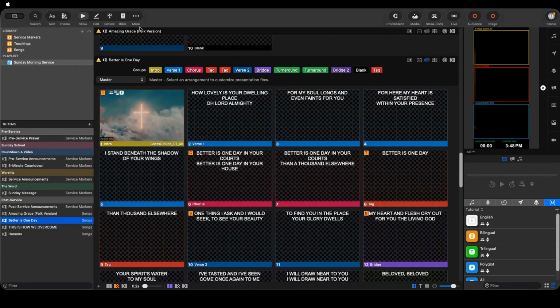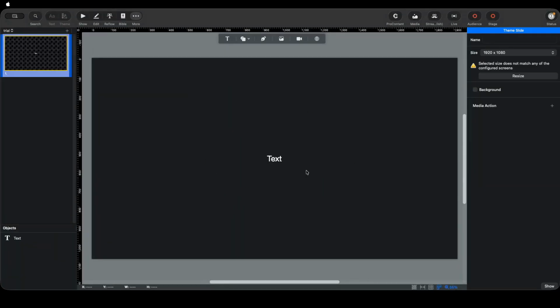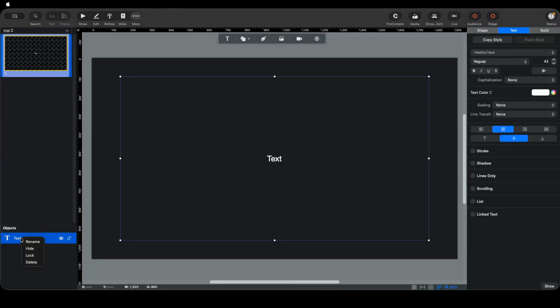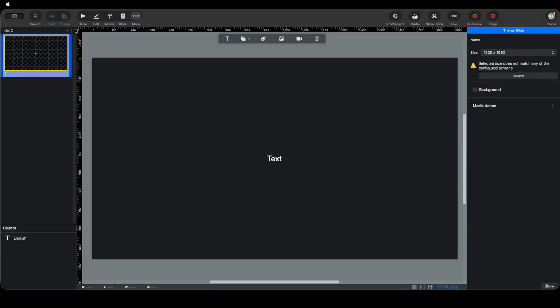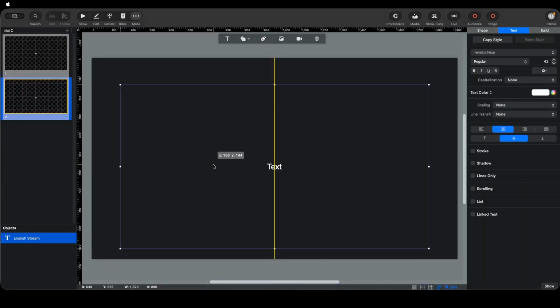Okay, so what we're going to do is go over to theme editor, and we're just going to start from scratch, and this is going to be a trial. Okay, and this is going to be my live stream per se. Okay, and I have to right click it, English. Okay, and then I'm going to add another one, and I'm going to name it English stream. Okay, and because I want my English stream to be at the bottom,